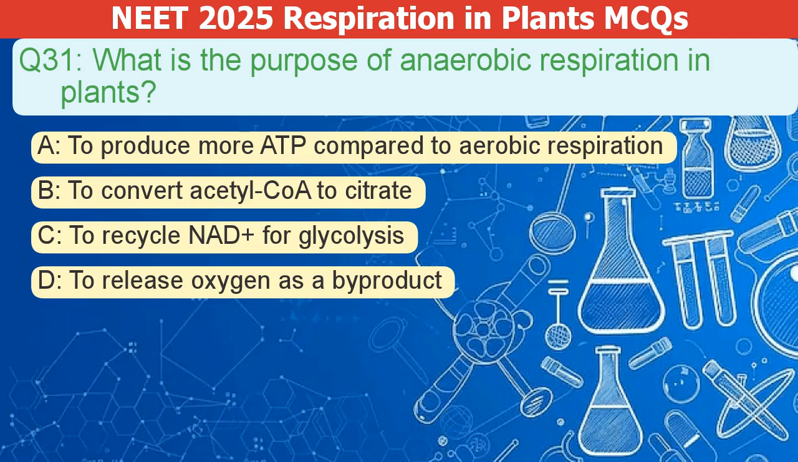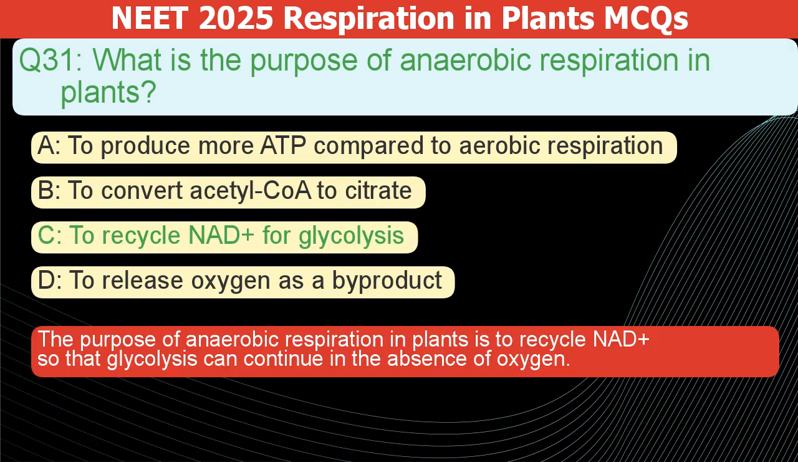A. To produce more ATP compared to aerobic respiration. B. To convert acetyl-CoA to citrate. C. To recycle NAD for glycolysis. D. To release oxygen as a byproduct. The correct answer is C. The purpose of anaerobic respiration in plants is to recycle NAD+, so that glycolysis can continue in the absence of